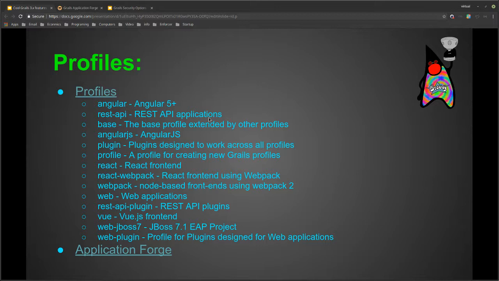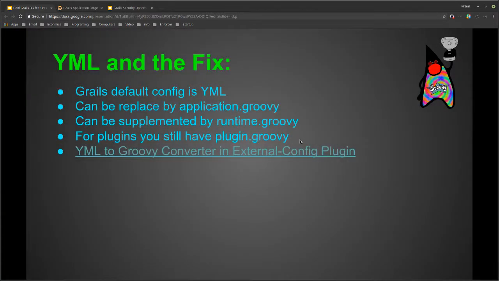Because if you start with, say, an Angular profile and you add GSP because I wanted it for something else, one of the things it doesn't add is the controller URL mapping for those. So it's like, why aren't these the different URL mappings? Because they made the Angular one use very REST compliant URLs versus the traditional controller action URLs. So that's something just to keep in mind if you play around with those.